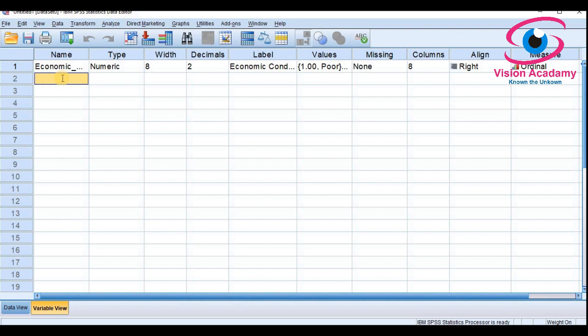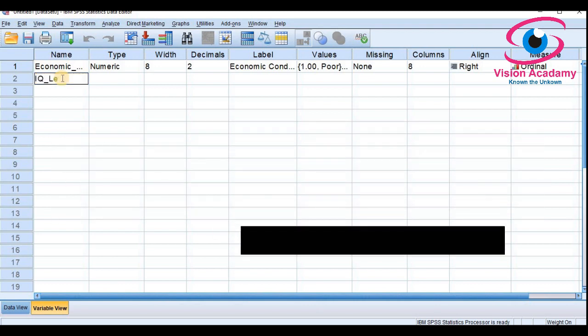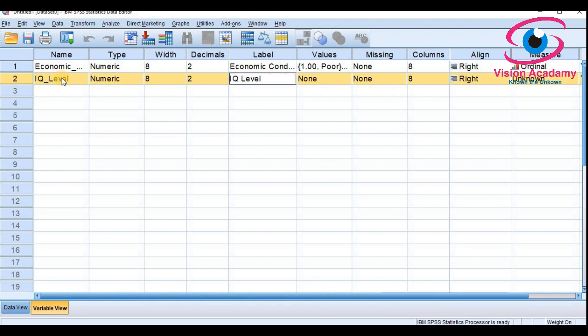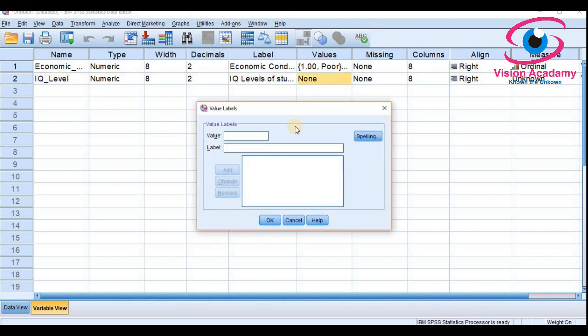Now I will have to select IQ level. So in the label I will give IQ levels of students. So in the values I will have to add that we have two types of IQ level, first one high, second one low.